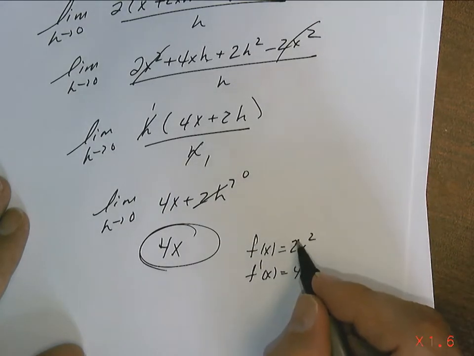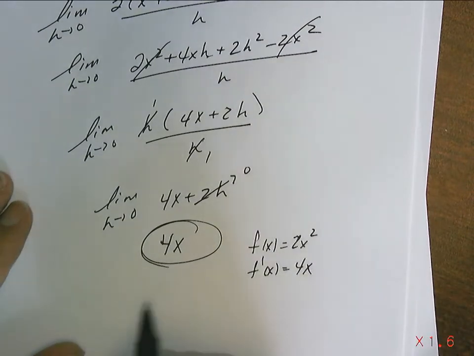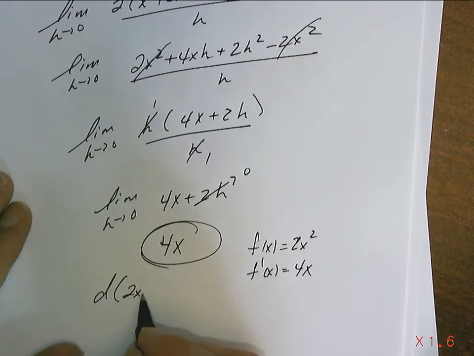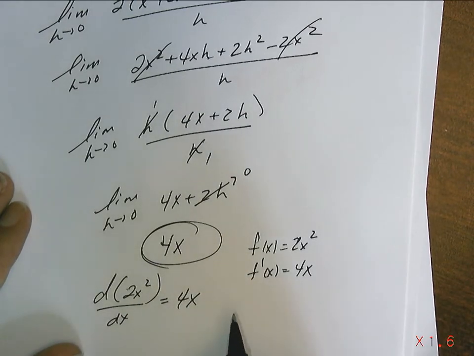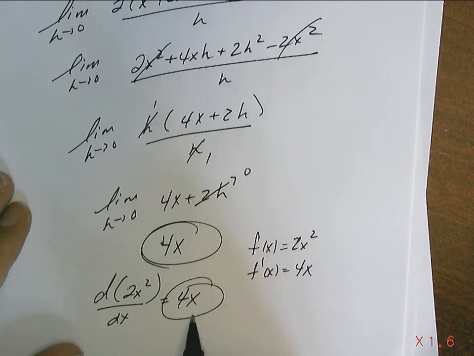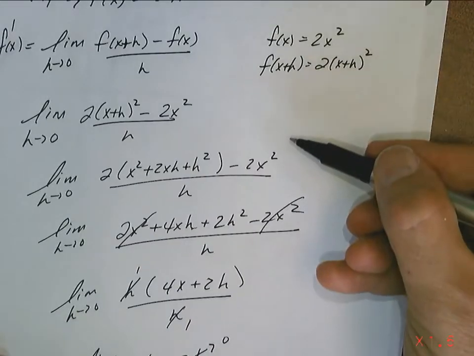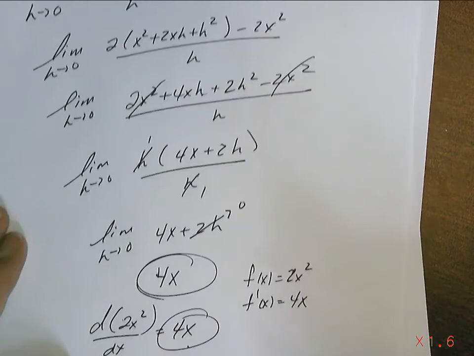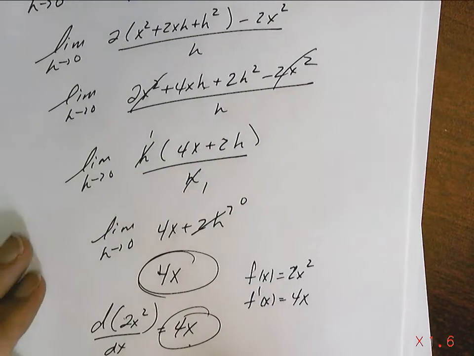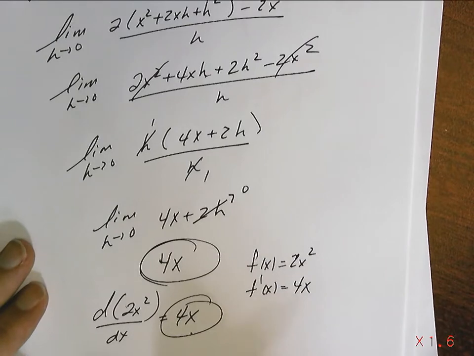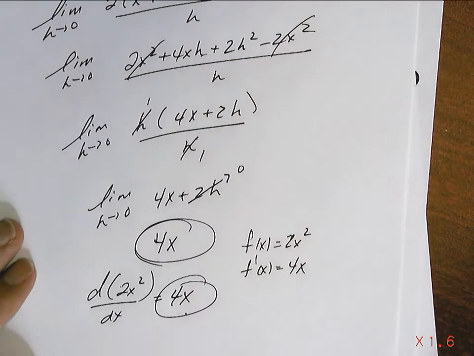If I use the derivative of a constant here, if I know that the derivative of 2x squared by dx, bring the 2 down, multiply by 2, it's going to be 4x. Oh, wait a second. I just got this answer in one step, and you had me do all of this before? How are they related? They're identical. Yeah. They just are. Some of you are really angry right now, but they just are. And what it means, graphically, is